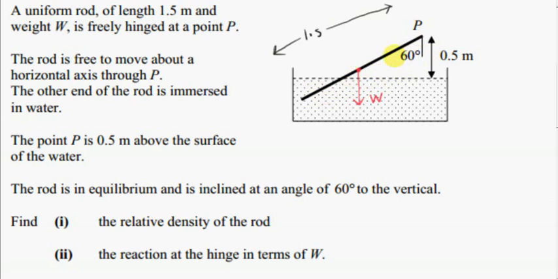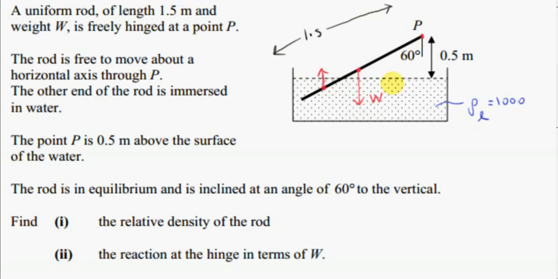So we're going to get the relative density of the rod. So we have the density of the liquid. Liquid is water, so the density of the liquid, rho L, is 1,000. Okay, we've seen an example like this before. We get the buoyancy force on the immersed part, and we stated before that the magnitude of the buoyancy force is less than the magnitude of W, because the moments of these forces have to be the same about this